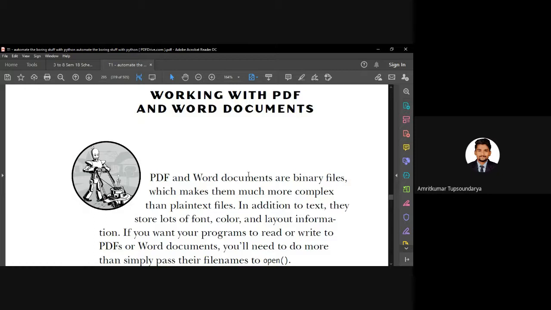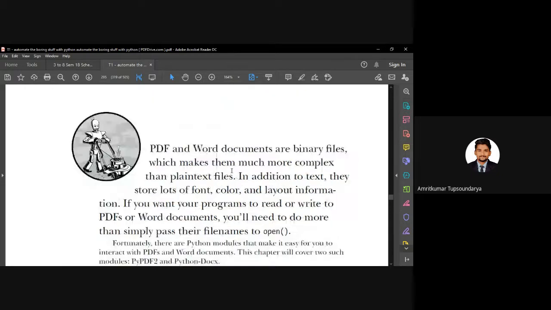So when we operate with such a document which is a little complex, it becomes a little difficult to operate on them. For example, if you have to read or write a PDF or Word document using a program, that is a little more difficult than a usual text file, which we have seen earlier, right?